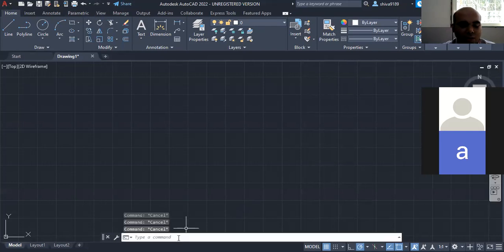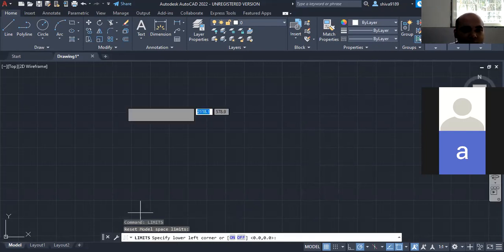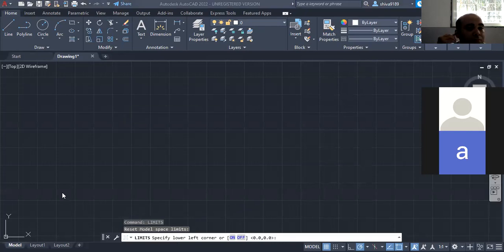So I'll type limits and press enter. Everyone, if it is not coming, let it be, not a problem. Simply type it, it will take automatically.